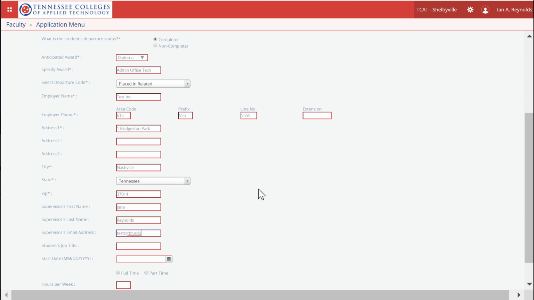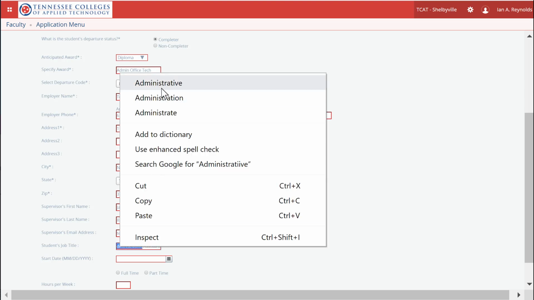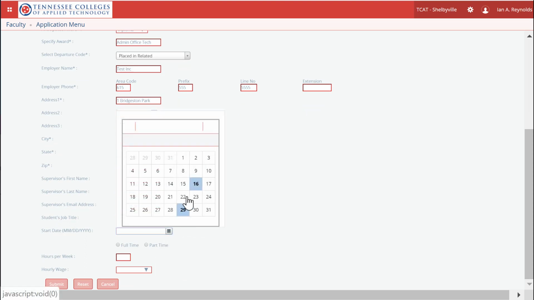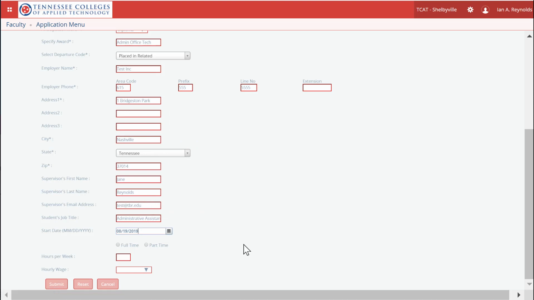This will allow TBR or other institutions to follow up on that employment status and send the survey to the employers as necessary. And this standard calendar functionality is available. We'll assume they're starting the following Monday, that they are working full-time, and will be working a full 40 hours a week